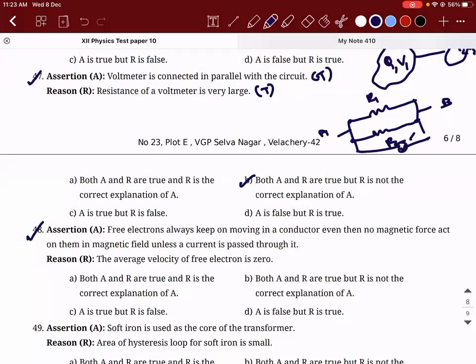Similarly, you connect an ammeter in series because only in series connection the current is going to be the same. That is why we say whenever you need to measure the accurate value, you need to ensure that no current is drawn by these devices. So if no current is to be drawn by a device in series, then how much should be its resistance? It should be ideally zero. That is why we say an ideal ammeter has zero resistance.